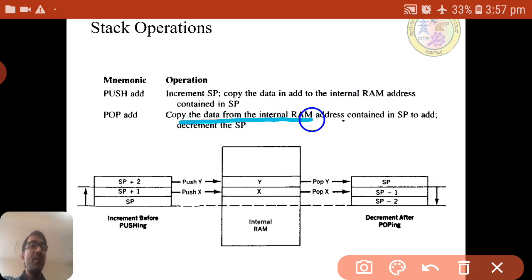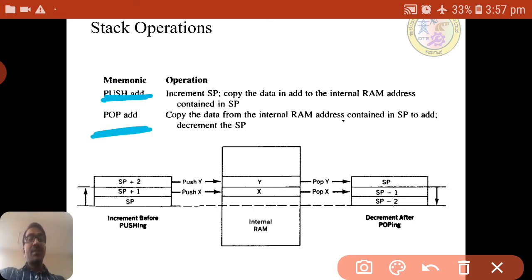Copy the data from the internal RAM address contained in SP to the address specified in the instruction.